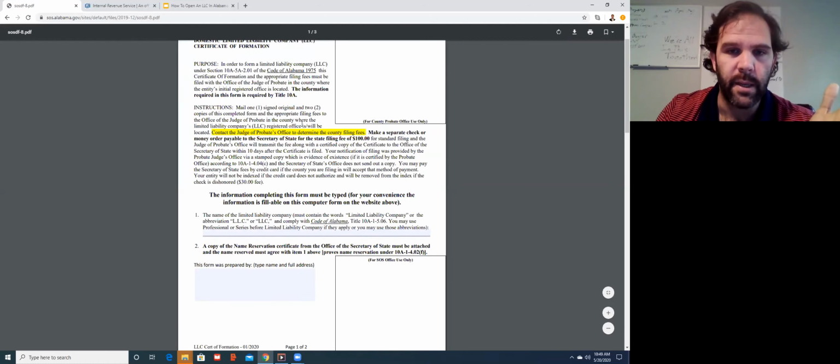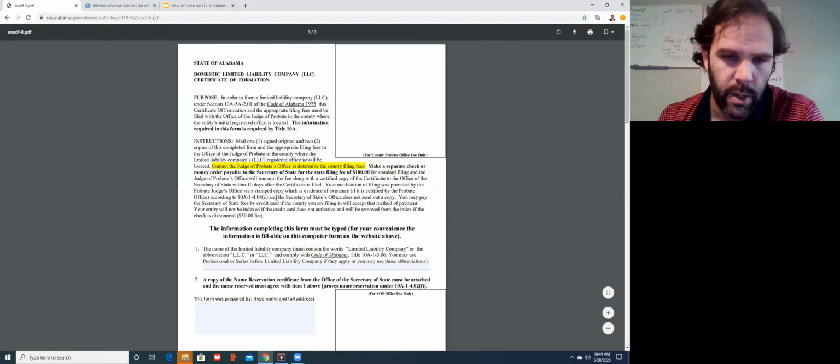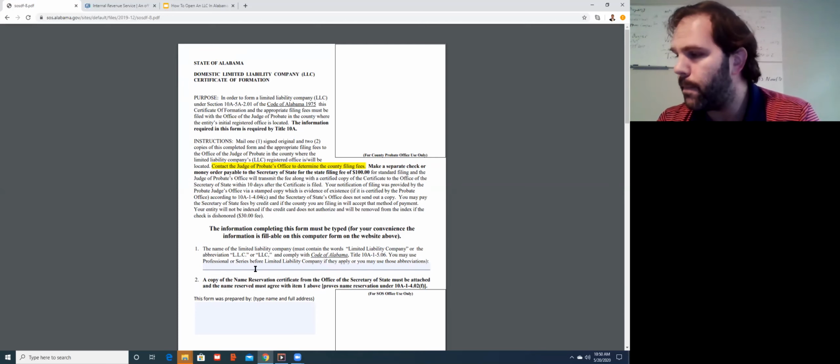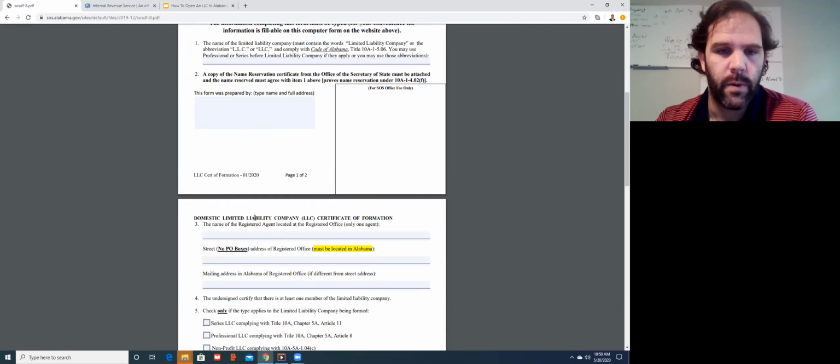I just filled it out myself. You want to read all these instructions because there's a lot in there. It's a lot of instructions there. So I think they ask you for the name of your company, and that should match up to the name reservation that you already made. And then they ask you who's filling out the form,